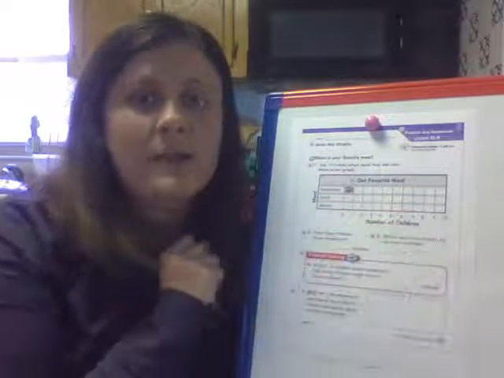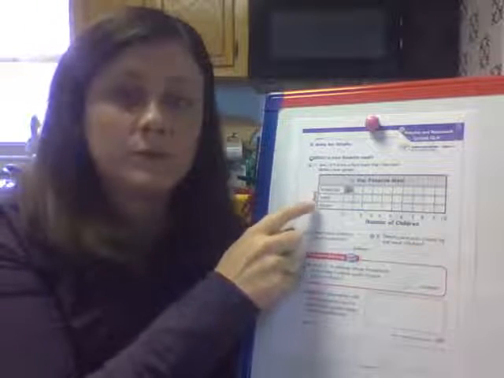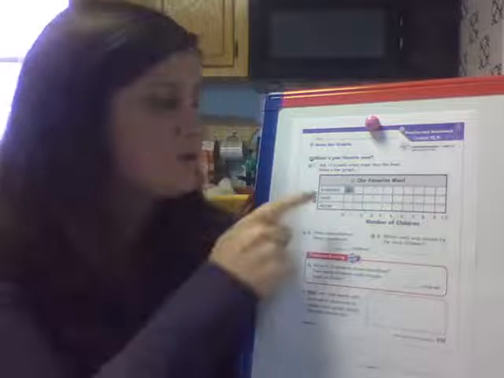Number 3, which meal was chosen by the most children? So again, you're going to compare your bars, and the bar that has the most, you're going to write the word here. Remember to use the word from your graph. I love when we sound out, but if we have a way to solve it or a way to figure out that word in our page, we want to be problem solvers and figure that out. So use your words up here to spell it, okay?